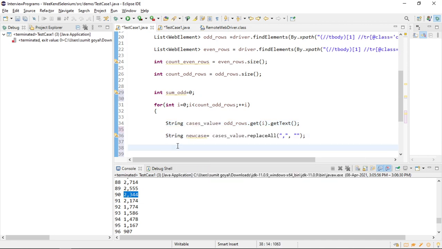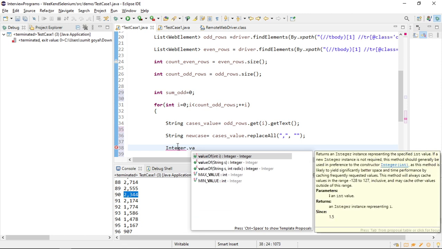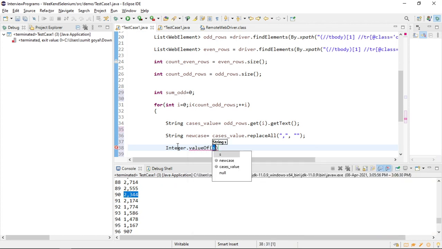So I can convert that into an integer so that I can add. You cannot add string values because they will concatenate, and it will not give you the total sum. So I will use the Integer class, and if I pass this variable here, it will return me the integer value. Now whatever output it gives is in integer format, integer cases of corona, as you can see.